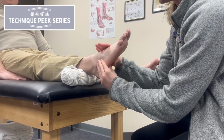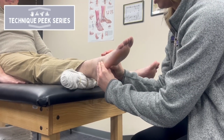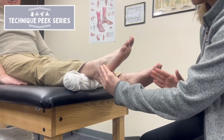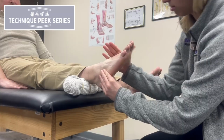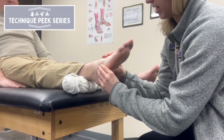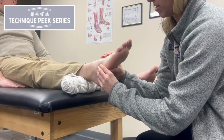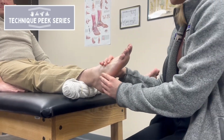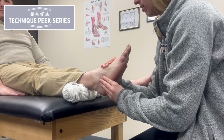To do a dorsal glide, you want to bring the foot into a little bit of pronation and provide your glide at an angle. So bring that foot into some pronation and then take up the slack a little bit and provide your mobilization. For a plantar glide, you want to bring the foot into a little bit of supination